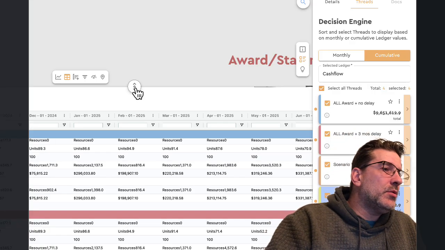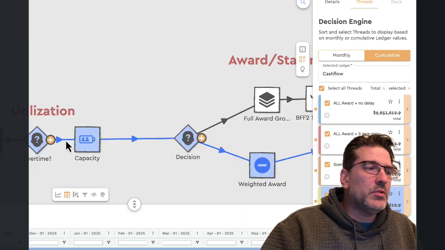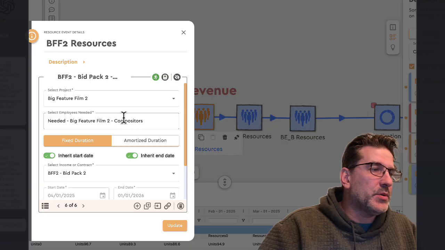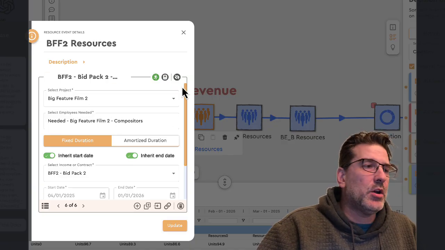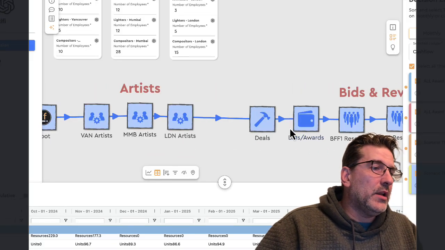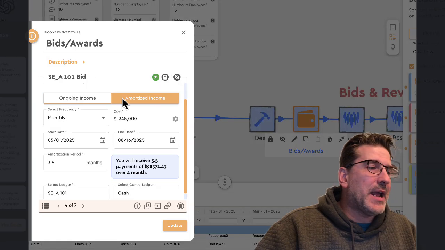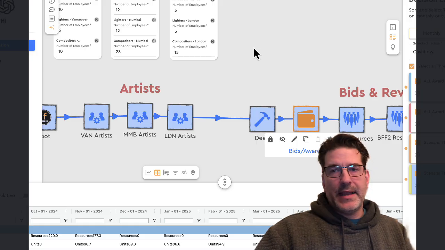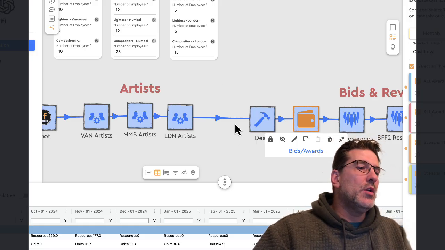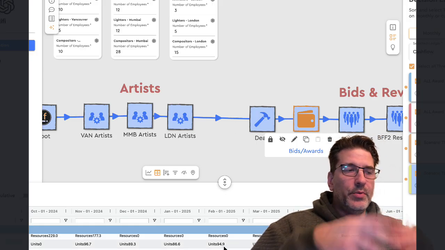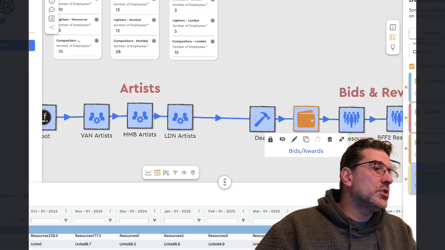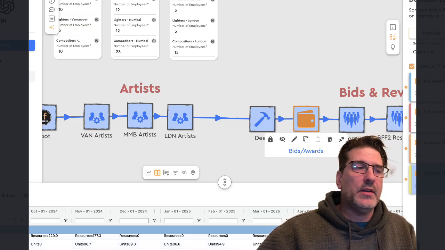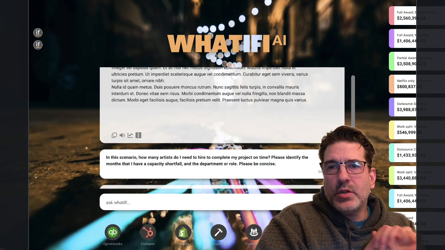But in our model we have access to every single one of these nodes, and every single one of these nodes tells me how many resources I needed, all the metadata and context that's available to us. Or if I look at an income revenue node, how much we're making, when we're starting to make it. And the idea here is also being able to pass that same information through to the large language model, put it in a format that it can understand. So when you start to ask questions, not just of what the outputs are, but why they are, you'd have access to that information.